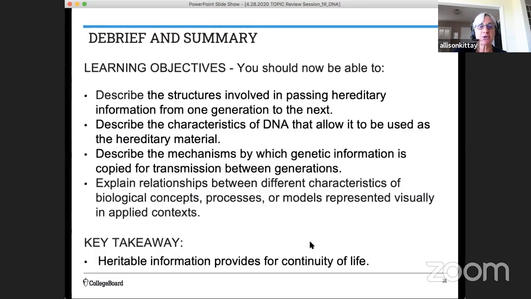You should now be able to describe the structures involved in passing hereditary information from one generation to the next. You should be able to describe the characteristics of DNA that allow it to be used as the hereditary material. You should be able to describe the mechanisms by which genetic information is copied for transmission between generations, and you should be able to explain the relationships between different characteristics of biological concepts, processes, or models represented visually in applied contexts. And as has been our key takeaway for the last many lessons, heritable information provides for the continuity of